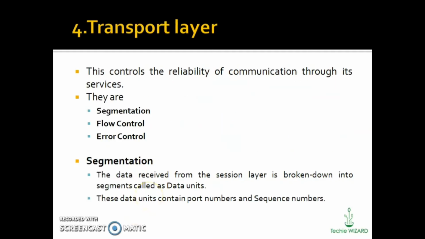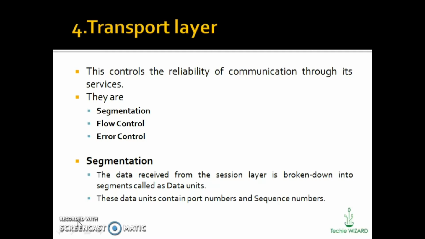The next is the transport layer. This transport layer is a very important layer because it controls the reliability of communication through its services. The services are segmentation, flow control, and error control. In segmentation, the data received from the session layer is broken down into segments called data units.